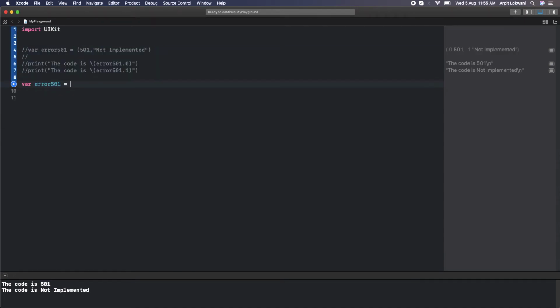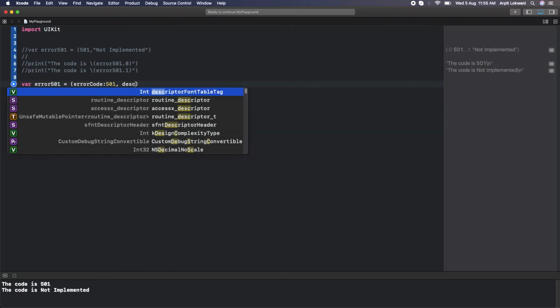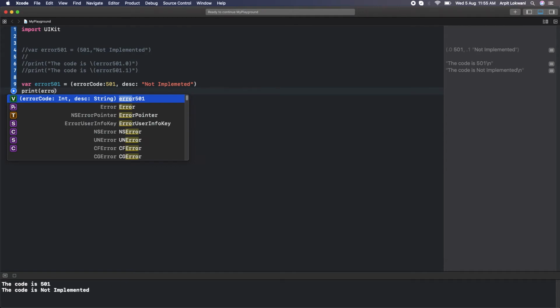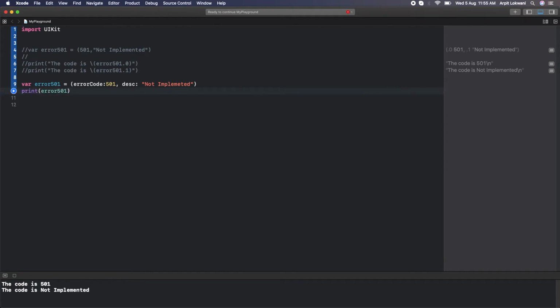We can say errorCode is equal to 501, and description, suppose, is "not implemented". Like this also we can do it. It's like a simple print: error, and errorCode.